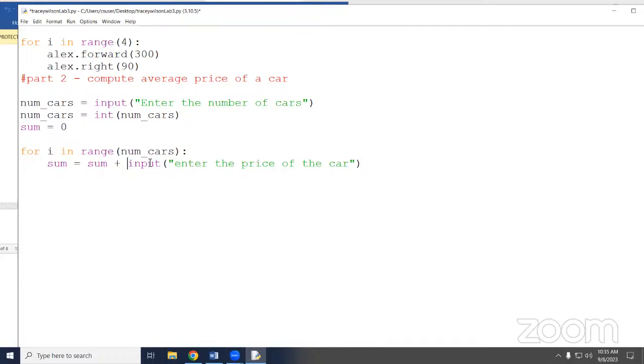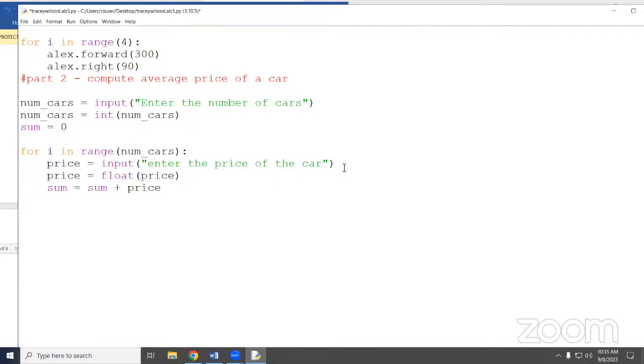I'm going to get a price, and then I'm just going to add price to the sum. But I am going to convert price to a float before I start adding.